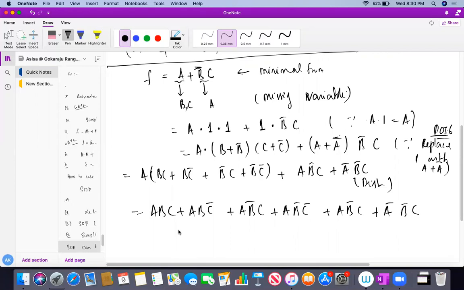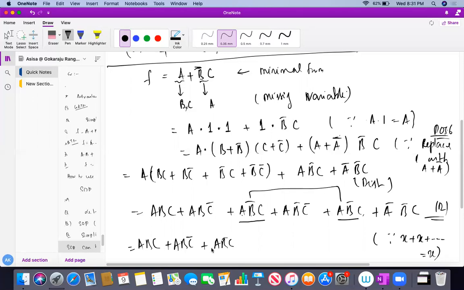Next, what you need to do? Again I have used your distributive law. If there are any repeated terms, come over here. So here, any repeated terms are you observing? You see here, this is one repeated term. Am I correct, students? This is AB bar C, AB bar C, and we know that repeated term means apply this X or dot dot dot any number of X, it will be a single term. So I can apply here ABC, ABC bar, AB bar C. Out of these two I am going to take only one: AB bar C, AB bar C bar, and finally A bar B bar C.